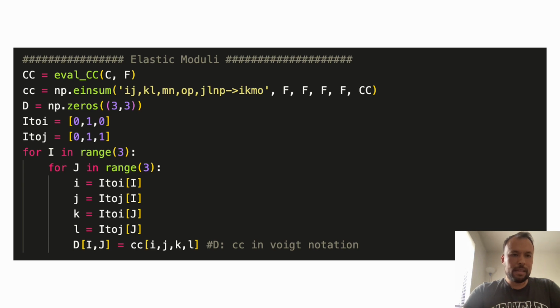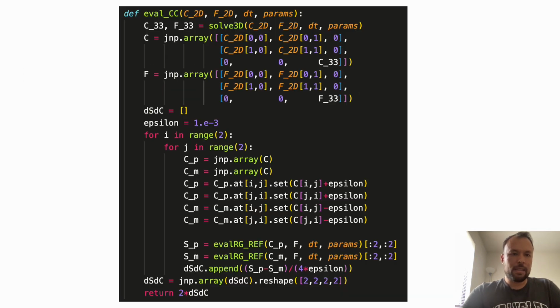So for the elastic moduli, I have this evalCC function, I call that, which gives me the capital C, and then I push it forward to get the small cc and turn it into Voigt form. And this is what this evalCC function looks like. So once it gets the